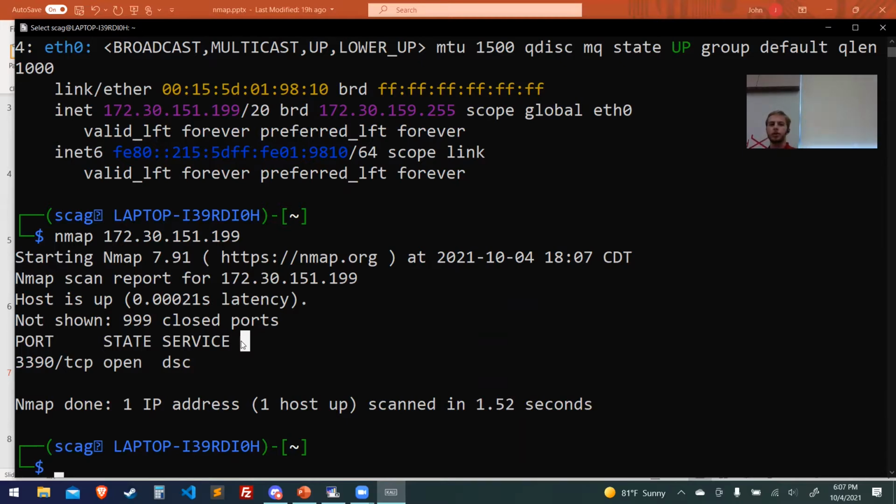So this port is 3390, a TCP, transport control protocol. It's open, so that's why it could figure out what the service was on the port. I don't even know what DSC is. I think it's because I have my VM open because of WSL. But anyways, let me nmap my website, my web host, like remember it.